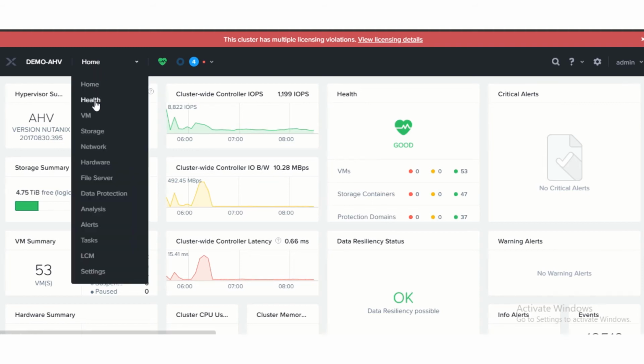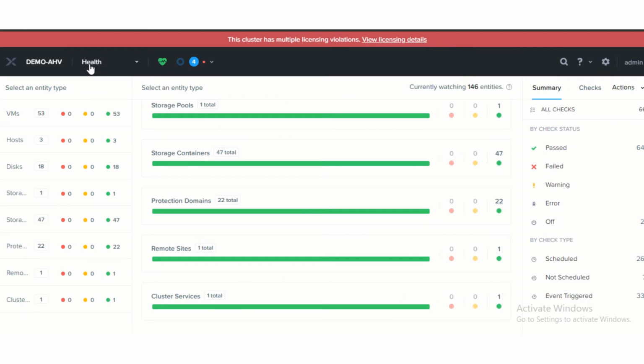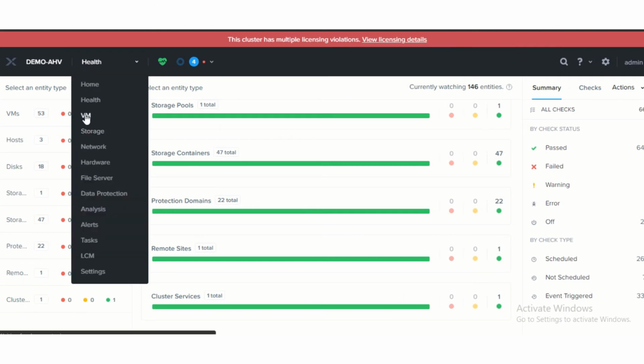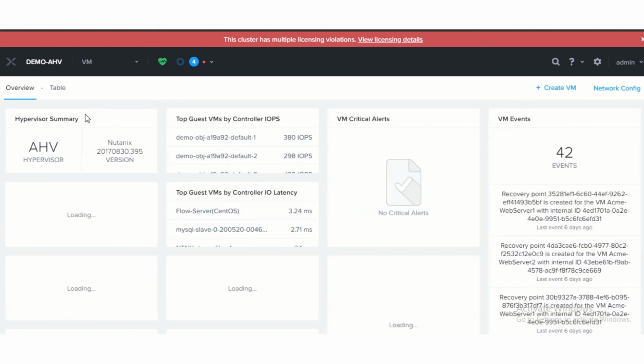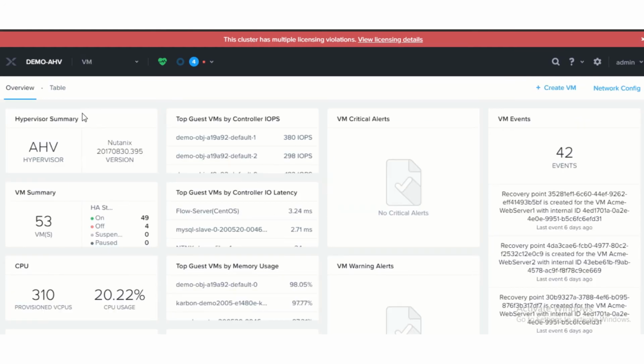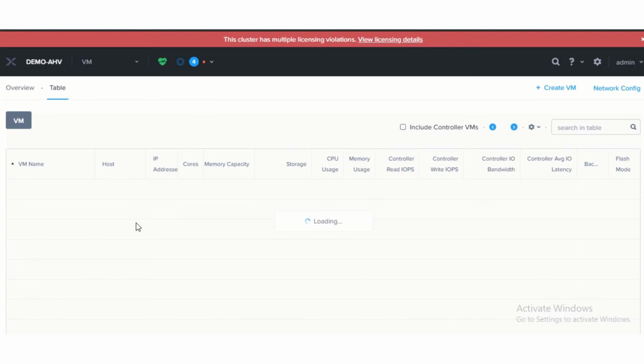Go back to health. You can see health here. VMs. Here you can see what kind of VMs you are running, what applications are on them, like this.